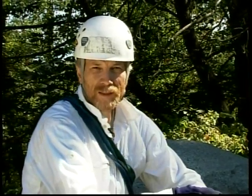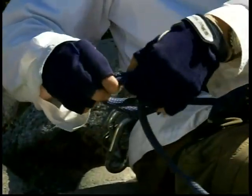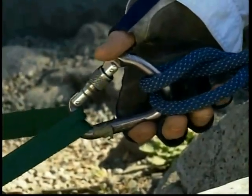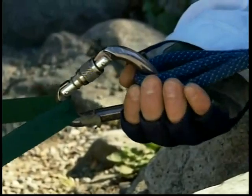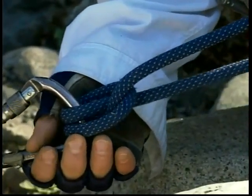With the belayer in the position that's going to be used during the climb, the belayer is secured to the anchor by tying a clove hitch into a locking carabiner. Lock this carabiner immediately, but don't tighten the clove hitch down yet. You want to take all the slack out between the anchor and the belayer first, then tighten the clove hitch